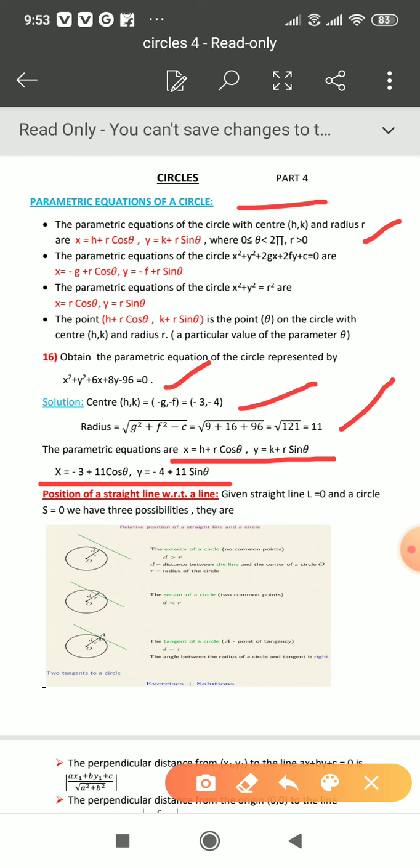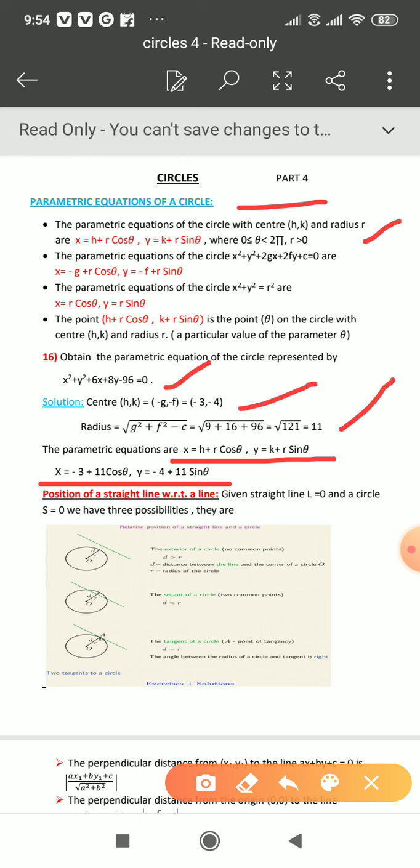For example, you find any point on the given circle. Using x is h plus r cos theta, y is k plus r sin theta, this is a point on the circle. Substitute in these parametric equations using some angle. Suppose theta is equal to 0. Theta must lie between 0 and 2 pi, and theta is equal to 0 is also allowed. So if theta is equal to 0, cos theta is 1 and sin theta is equal to 0.